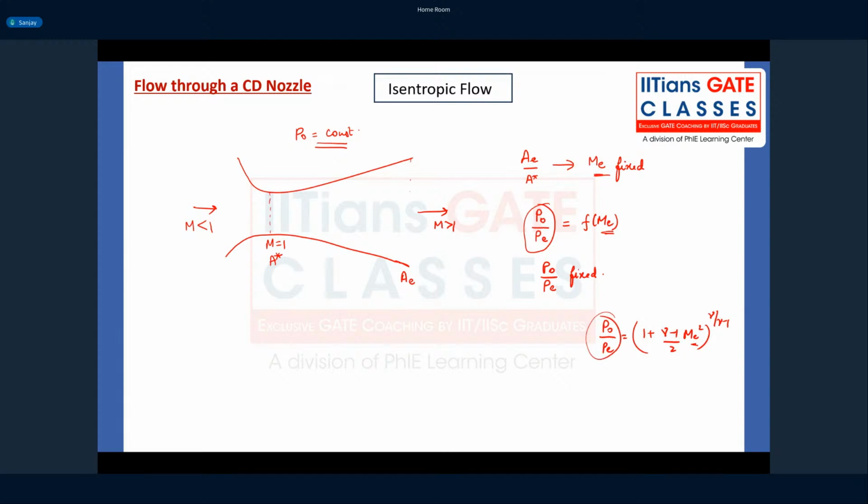Now what is P naught? P naught is the stagnation pressure, which is the pressure in the reservoir. Now the reservoir conditions are always fixed. So my P naught is fixed, unless I change it. Okay. So I know my P naught. So everything in the flow is fixed except for PE. So the controlling factor that I have in my hand is PE, which is the static pressure at the nozzle exit. Okay. Which means if I want to have an isentropic flow through the nozzle,